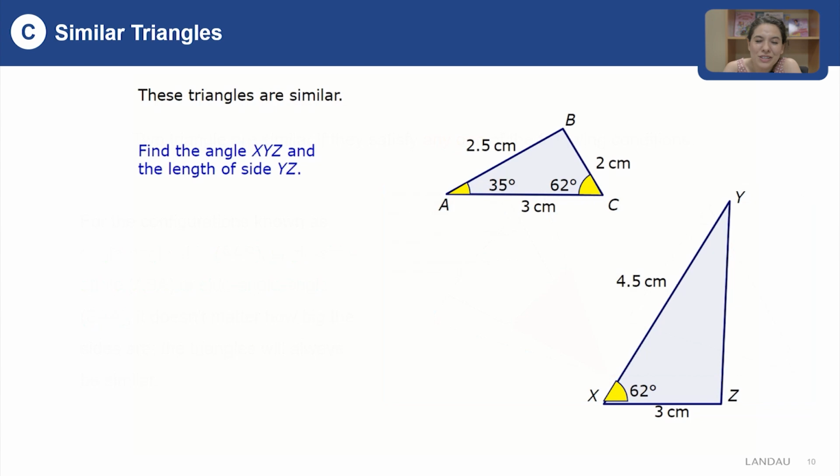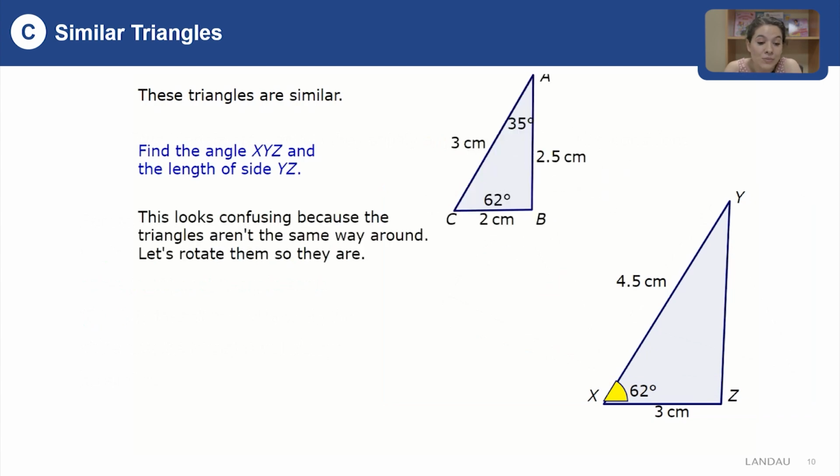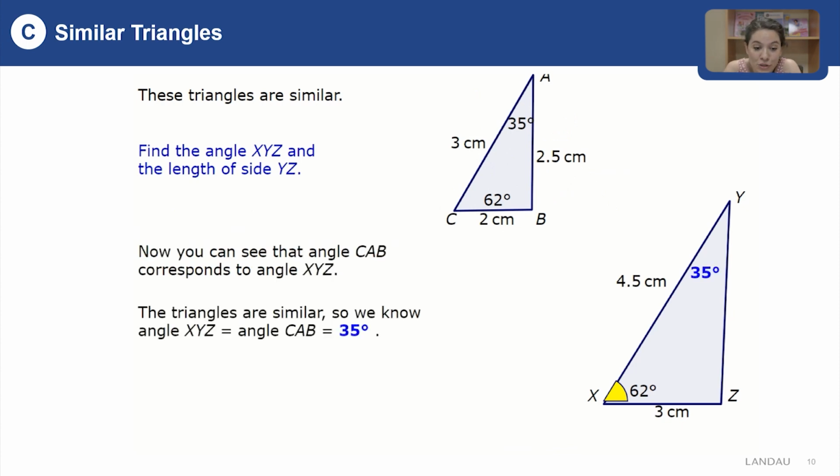It is time to do some practical questions in order to get everything as clear as crystal. It says these triangles are similar. Find the angle XYZ and the length of the side YZ. Now you can see the angle CAB corresponds to the angle XYZ. The triangles are similar, so we know that angle XYZ is equal to angle CAB, which is 35 degrees. Then, in order